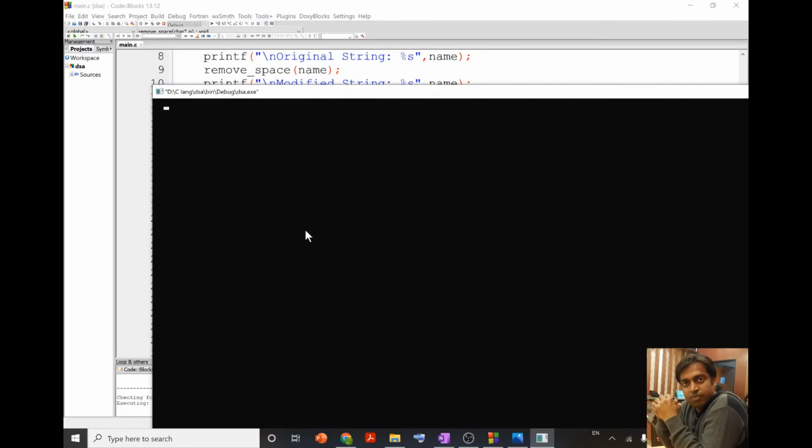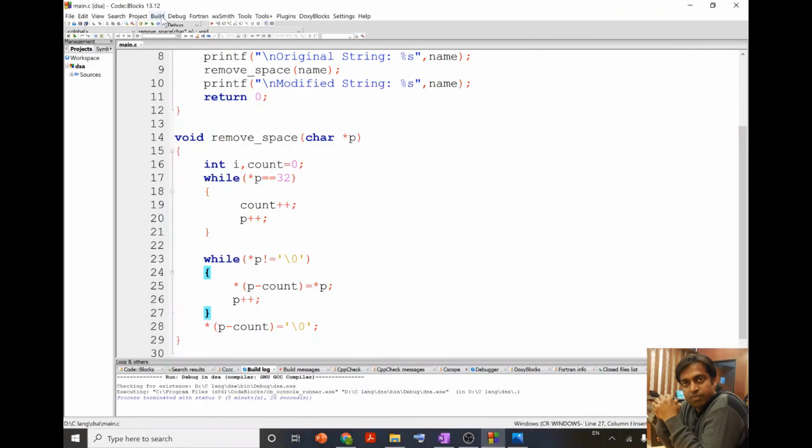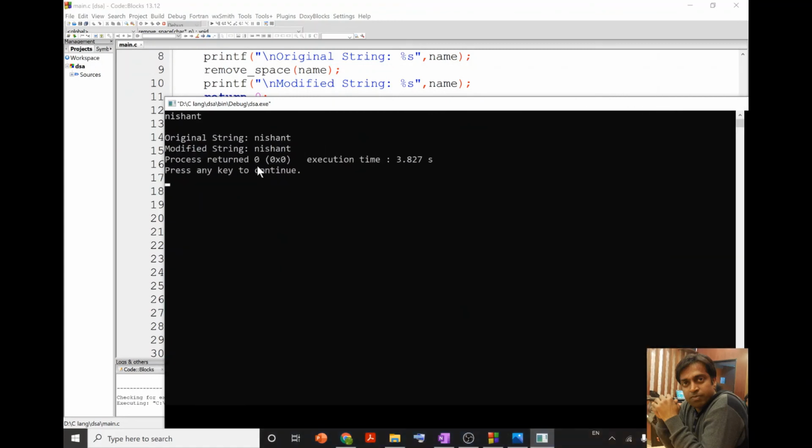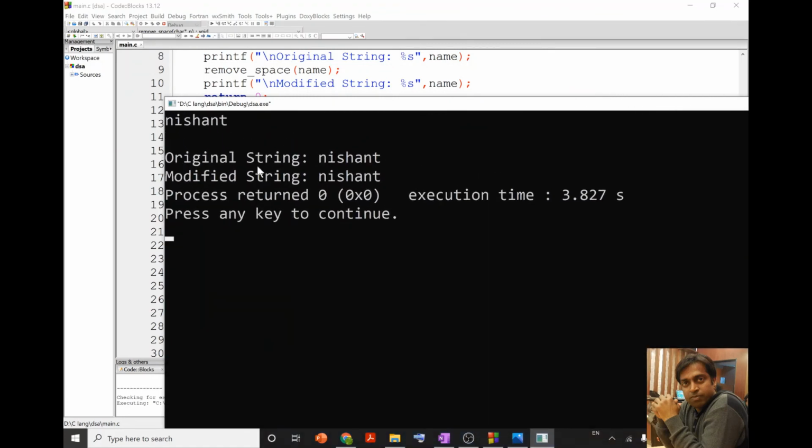and now if I put 3 spaces and then type any string, you can see we have 3 spaces over here and then the word Nishant, and in the modified string it is Nishant without leading spaces. If I rerun this program, and suppose I do not put any space, then also this program works.